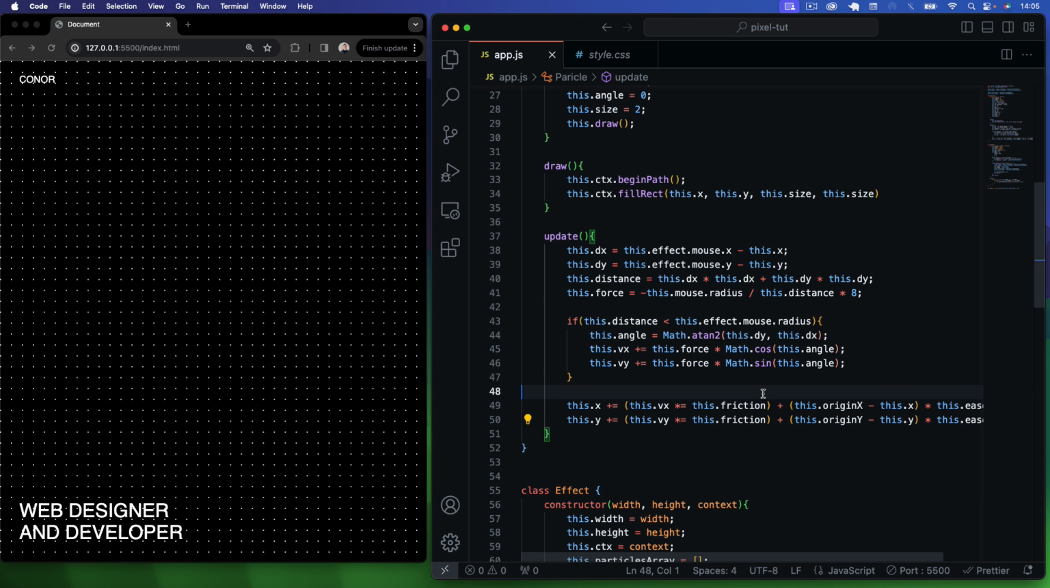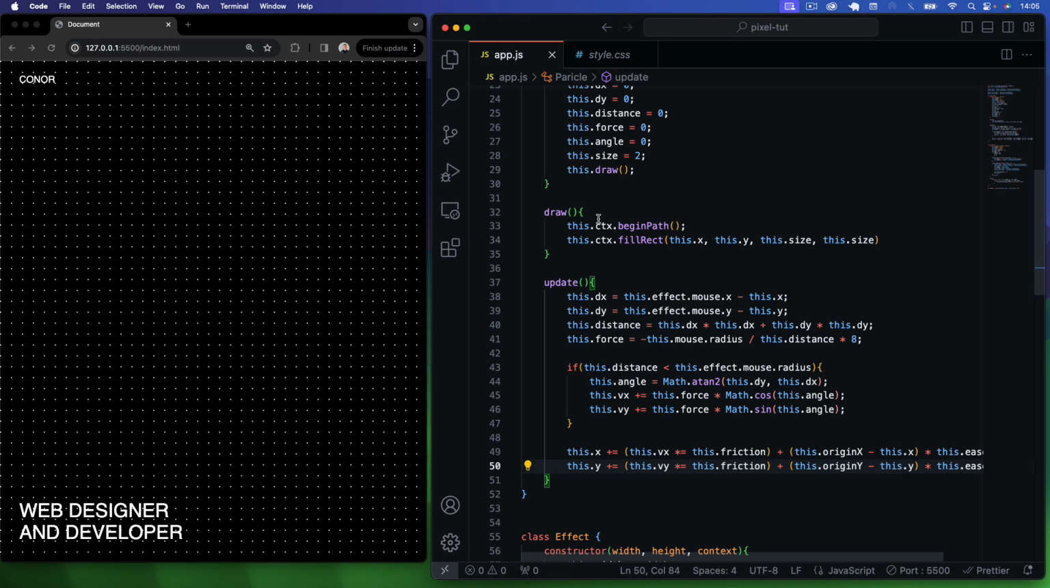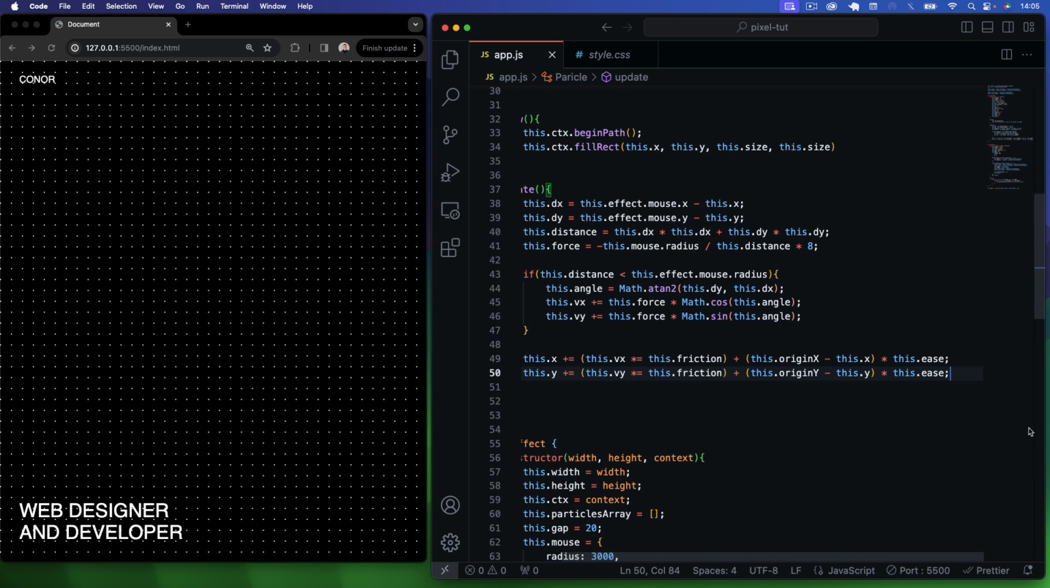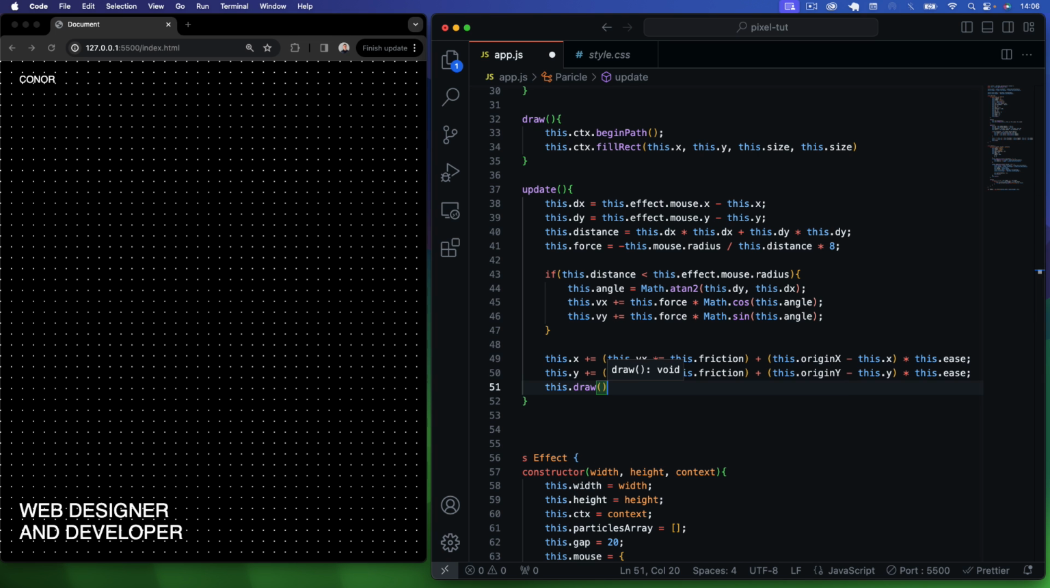Okay, and then after that we can do this.draw, and that will make our particles. And what we do need to do in this.draw as well is just say this.draw. Okay, so now what we need to do